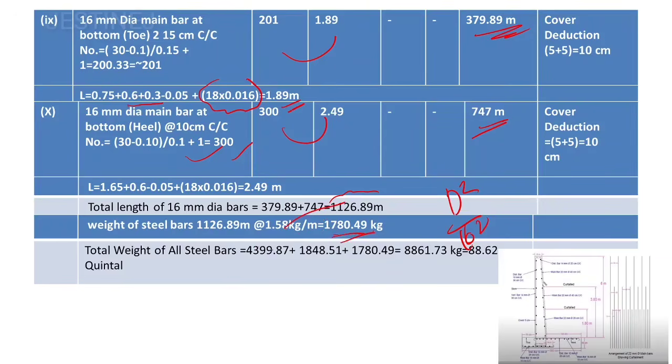And the total weight of all steel bars is, if you add up all the values which you have calculated, you will finally get